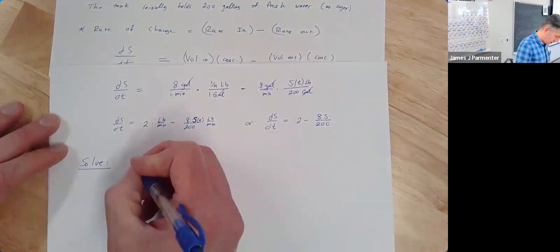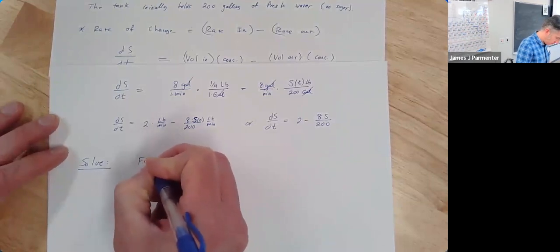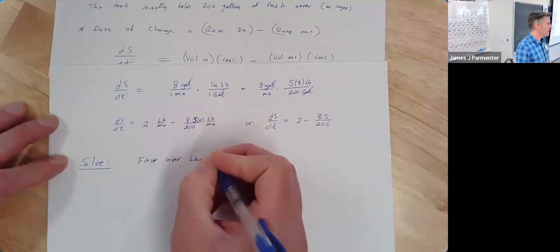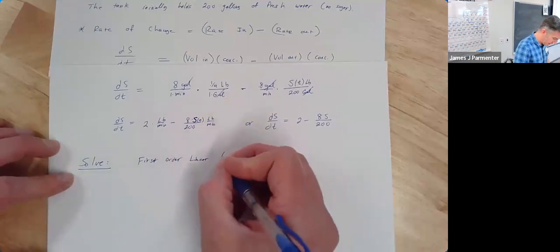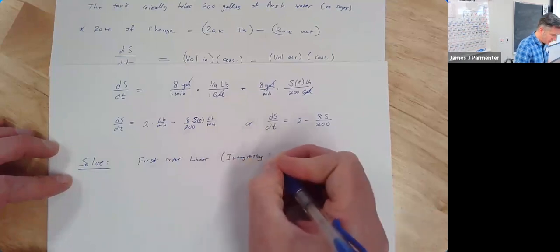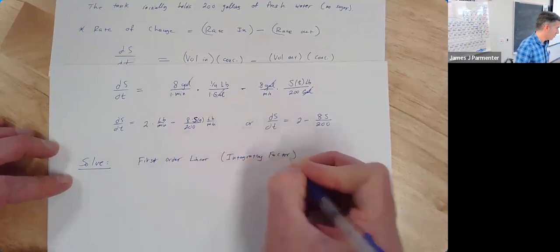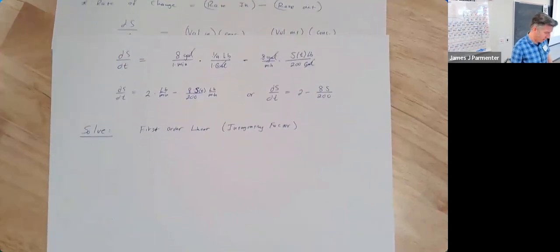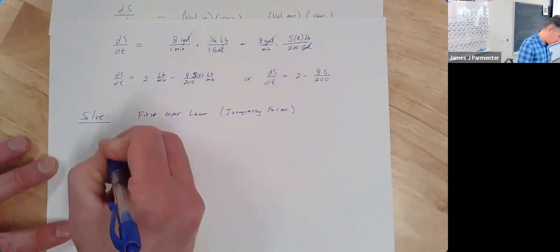So let's do it as a first order linear. Or I should say, it's first order linear either way. What I really mean is let's solve it using the integrating factor, which is usually what we mean when we point out that something is first order linear. To do that, we have to rewrite it in the standard way. So first we're going to rewrite